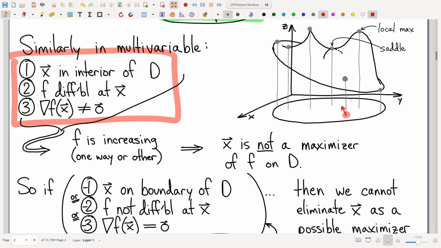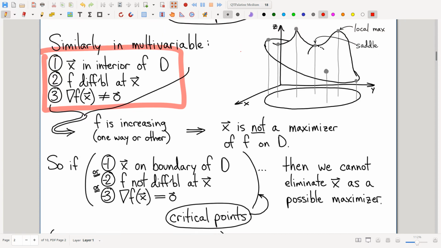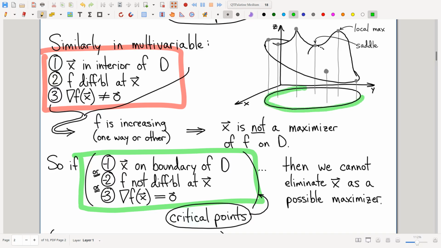So again, that eliminates practically every point in the domain. The only points that we can't eliminate are the ones where one of these conditions fails. So if the point fails to be in the interior, namely the boundary, if the point fails to be differentiable, such as that point right there, if the point fails to have a non-zero gradient, in other words, if it has a gradient of 0, such as there, or there, or there,